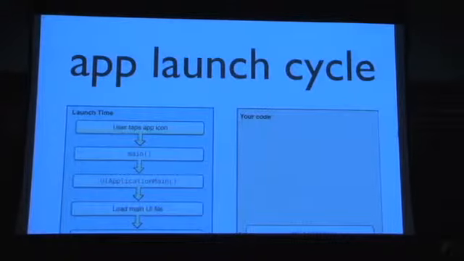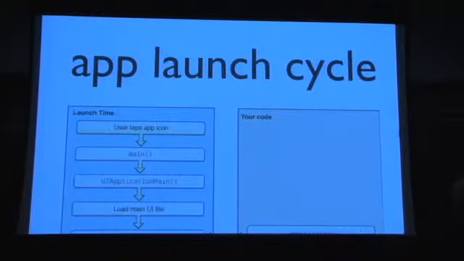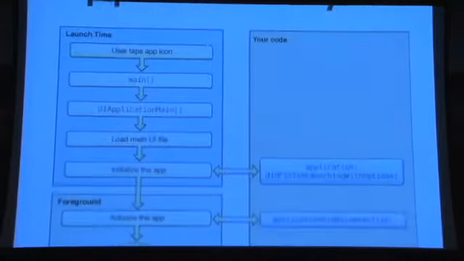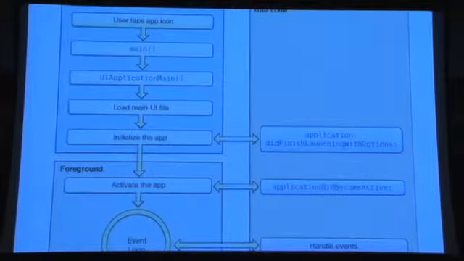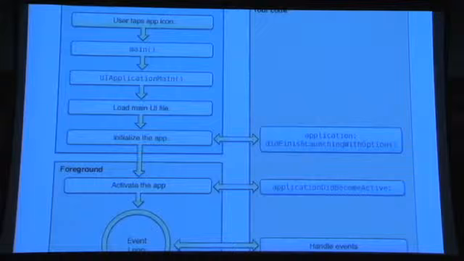More concretely, that means that main gets invoked. Main, in turn, invokes UI application main. UI application main, in turn, loads main UI file. Whatever that is, we'll see what that means in just a moment. But that brings on screen whatever is visually interesting about the display. Then, after the UI is loaded, the app is initialized. We'll see what that means, but it means setting any default values that you might need,